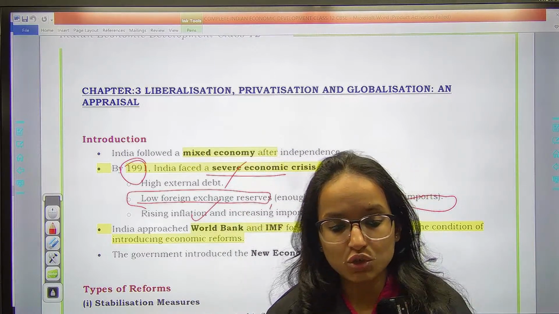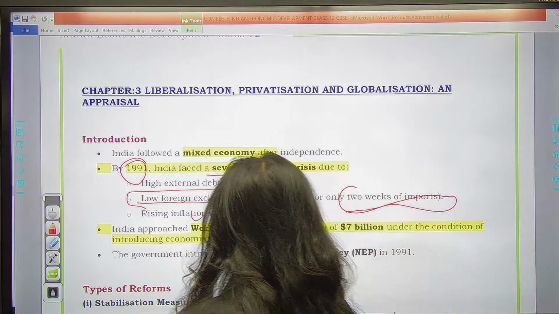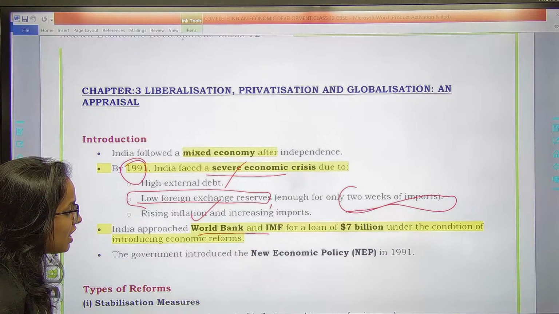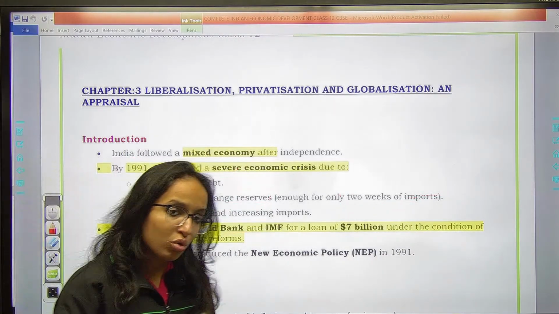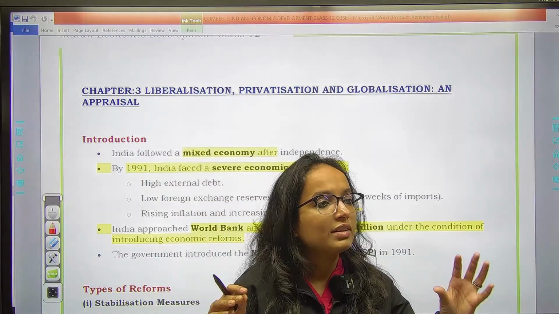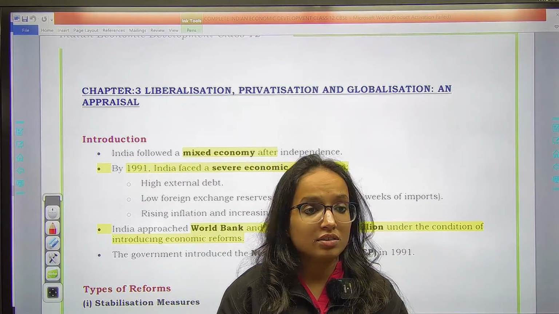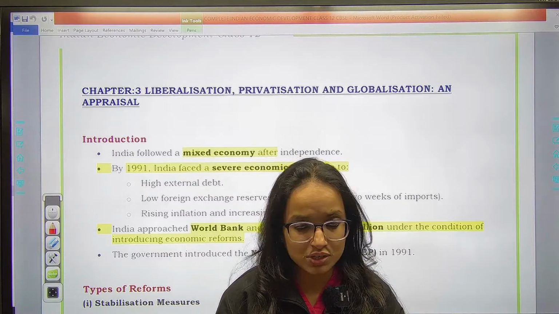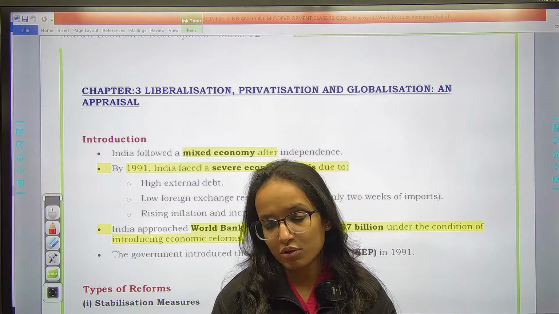So these were the situations which called alarmingly for certain reforms, and India approached the World Bank and IMF for a loan of $7 billion under these conditions. So you see, the IMF did approve the loan, but then the IMF had a condition. What was the condition? That we will approve your loan, but you will have to strategically and structurally reform your economy. There are certain structural deficiencies in your economy which need to be corrected, because today we are providing you